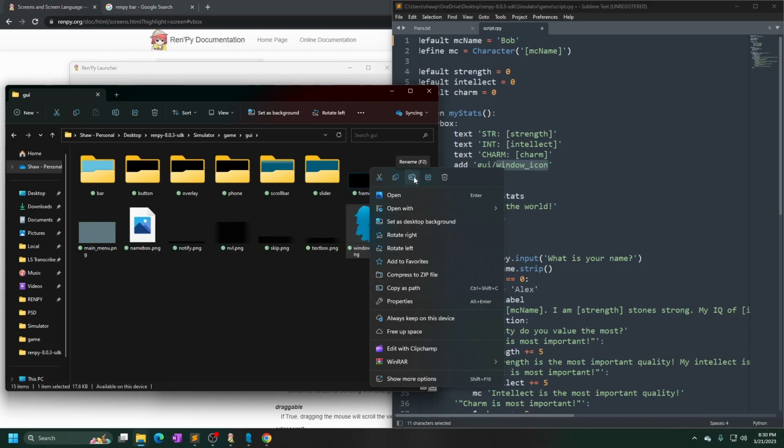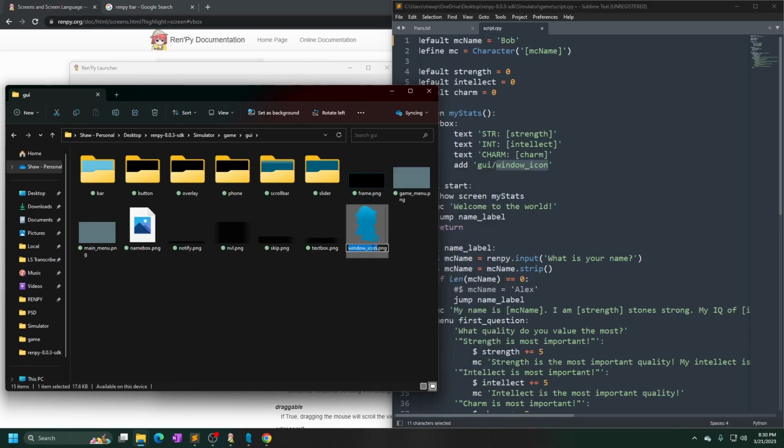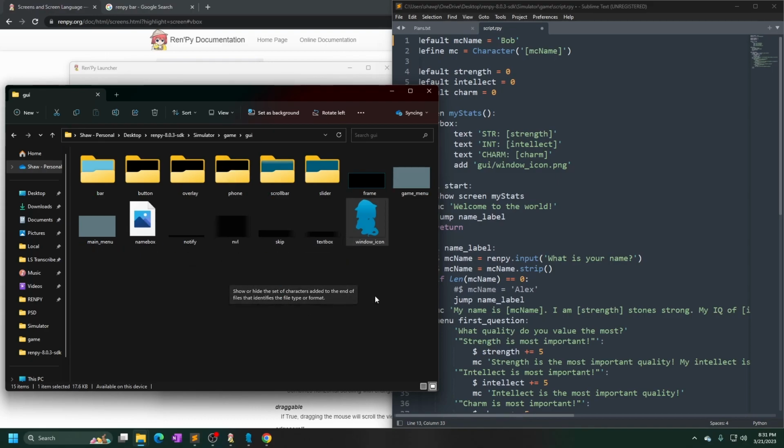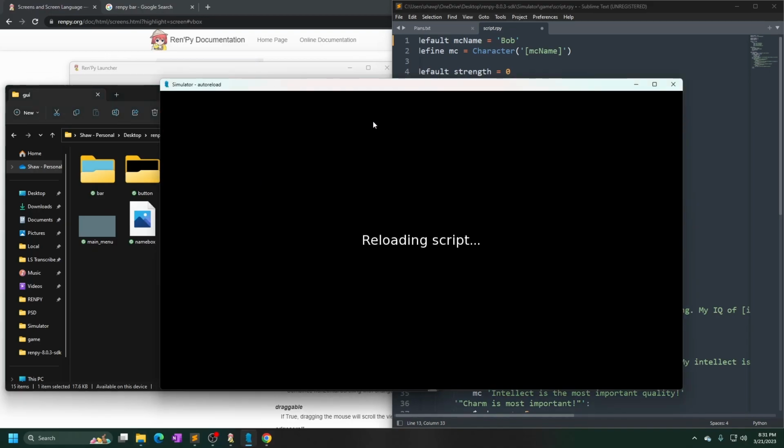So F2, right click F2, and then don't just copy the file name, but also get the extension. So copy paste, and to view the extension, click View up here, Show, and make sure file name extensions is ticked. Otherwise, you get this. So compare this